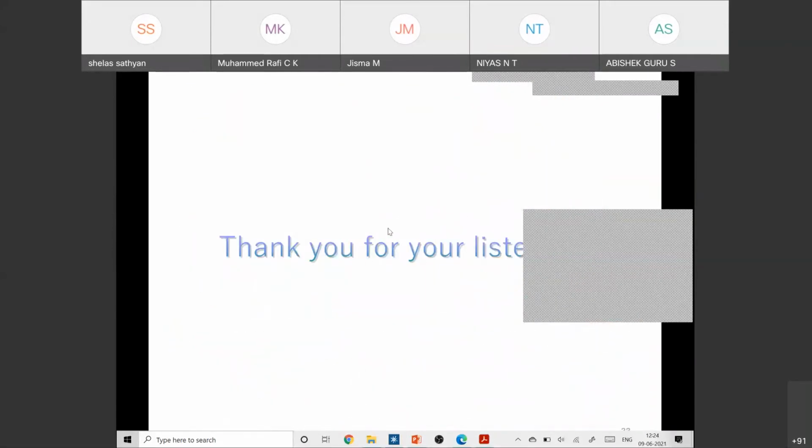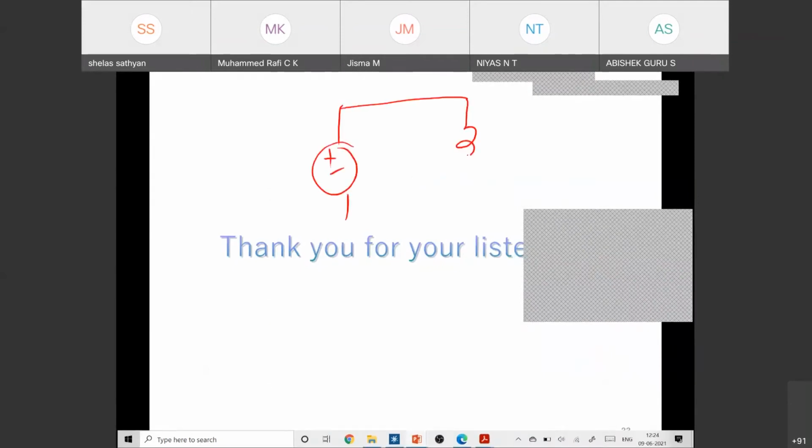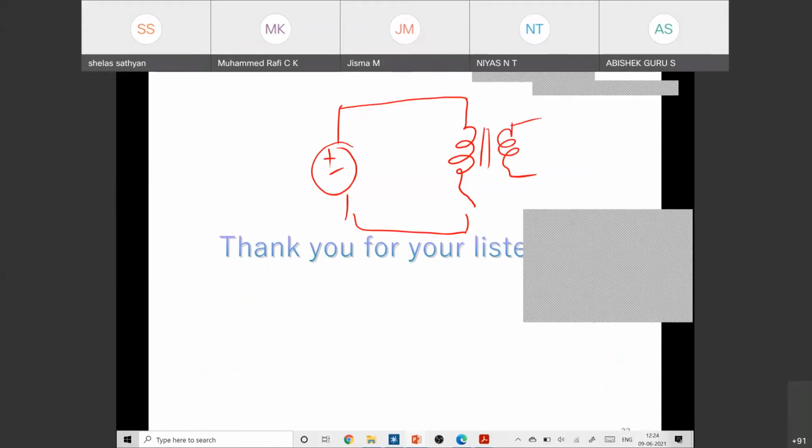If you see a flyback, I think the primary side looks like this, and this is a coupled inductor. Flyback transformer means it is not a transformer, it is basically an inductor which is coupled. So due to the leakage inductance, you will have a large EMI issue. So that can be clamped by connecting an RCD clamp circuit, resistance and a diode like this.